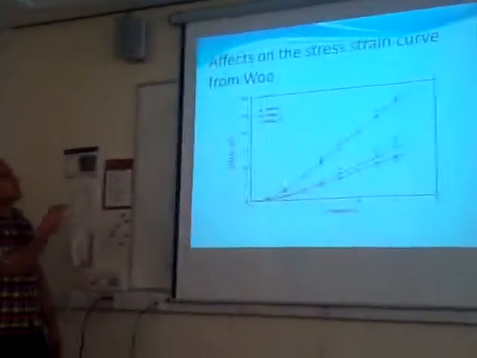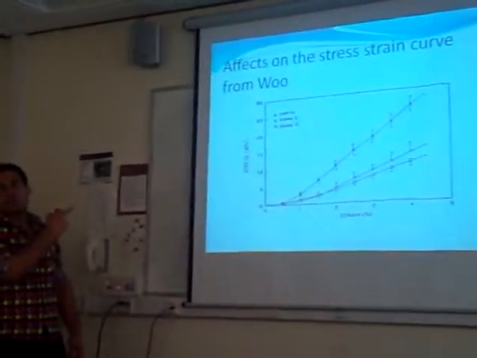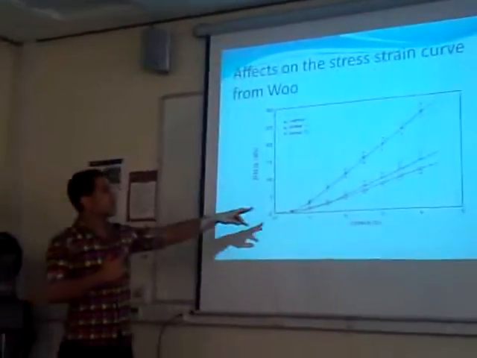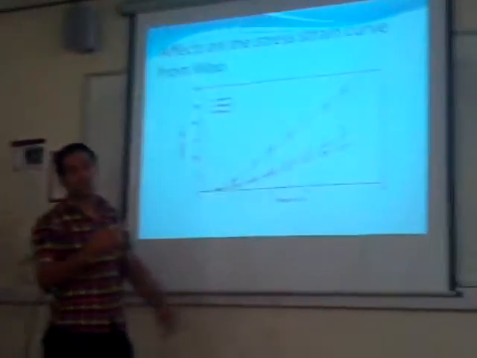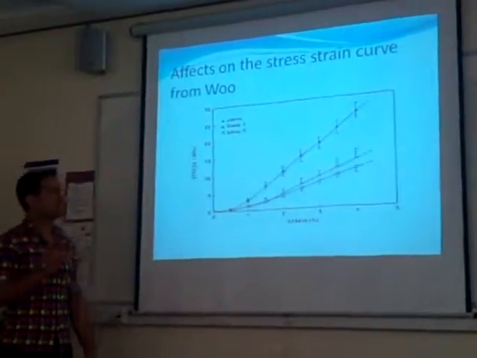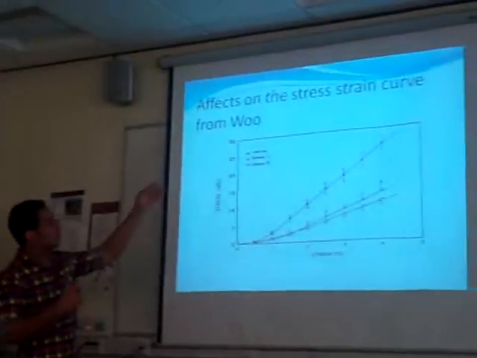We can see here the stress-strain curve for group 1 and group 2. If we look at this one, this is the control, or the normal case. This is the normal case, where we see on the y-axis